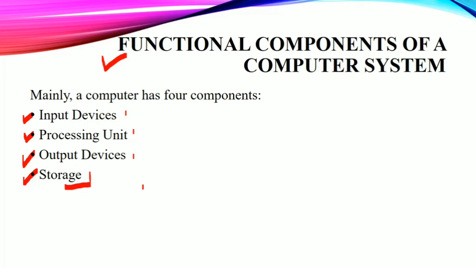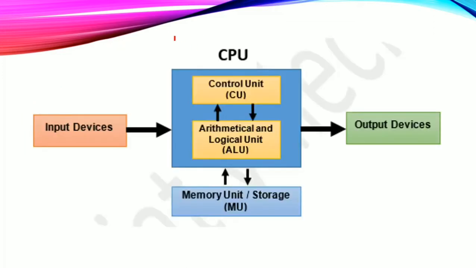Now let's begin. Here we have this simple flow. In this diagram we can see that we have input devices over here, then the center part is termed as our CPU, and then over here we have output devices. Now in general, as I have told you earlier, our computer works on the IPO cycle. In the IPO cycle, first we have to give some inputs, then the CPU will process the inputs, and then it will generate the output, and that output will be given to the output devices.